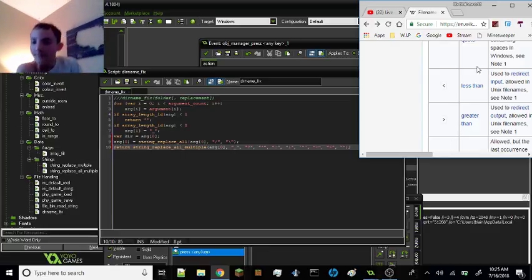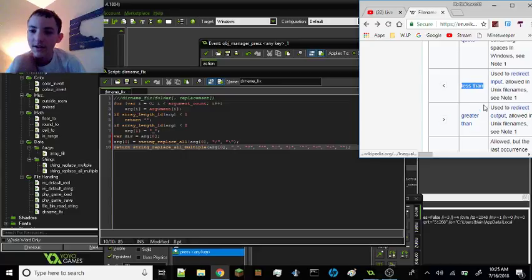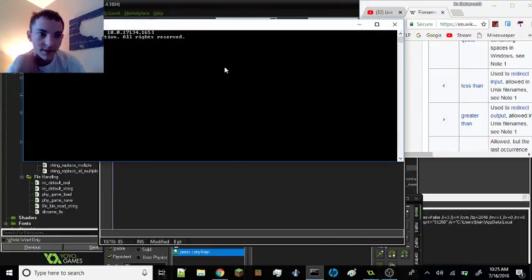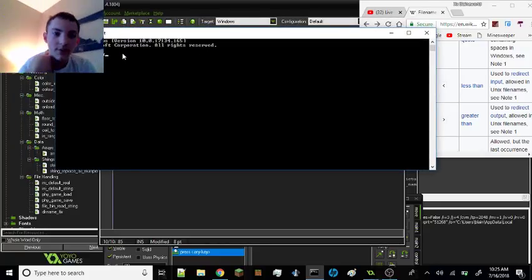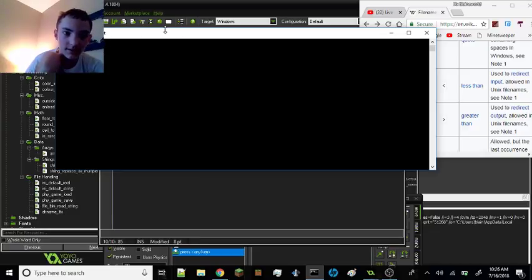Now, actually, there's a pretty interesting reason why you can't use less than and greater than signs in file names. Back in the olden days, people would have command line programs called batch files. People actually sometimes still use these. One time I tried to make Pac-Man in batch. One time I made a guess my number game in batch. But you had these sorts of commands like